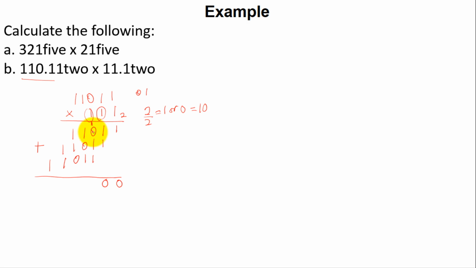Then I have 1 plus 0, 1, 1 plus 1, 2, 2 plus 1, 3, which is bigger as well. 3 divided by 2, because it's in base 2. How many 2s are in 3? That will be 1, remainder 1. What am I going to do here? I will write 1. Then take the remaining 1 to the next